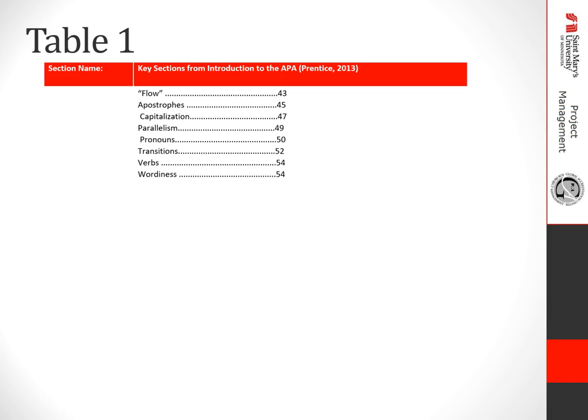In that book that I ask you to download, there are some sections that are really important. People think that APA style is all about double spacing and it's about citing, but it's more than that. It's really about the way that we present ideas, the accuracy and conciseness of how we use the English language. And so all of these sections that are in the book by Prentice would be super helpful for you to read through.